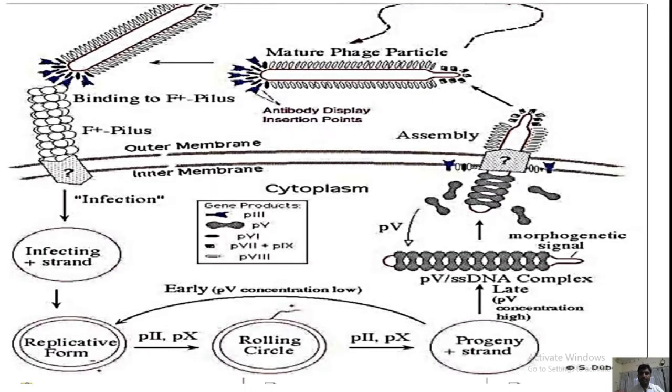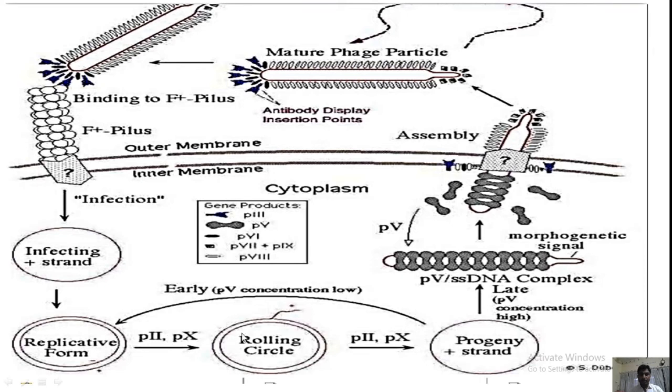So going back to the previous picture here, I have told you that after 20 minutes of infection, there may be ample copies of replicative forms of bacteriophage DNA, and the transcription of various gene products also gets elevated. For example, gene 8 gets transcribed and the protein is formed, and those proteins are expressed over the surface of the bacterial cell, while gene 2 protein and gene 5 proteins will be present inside the cytoplasm of the bacteria.